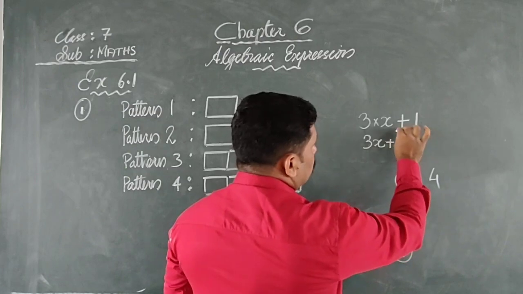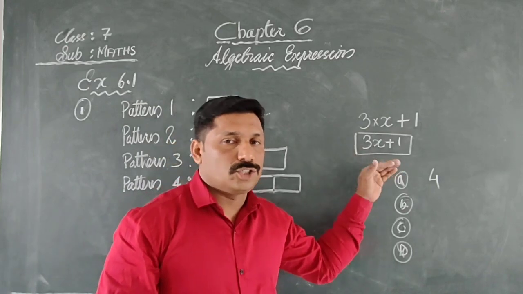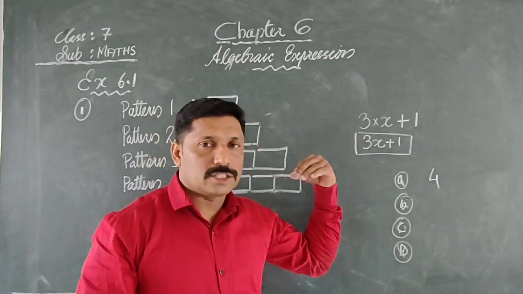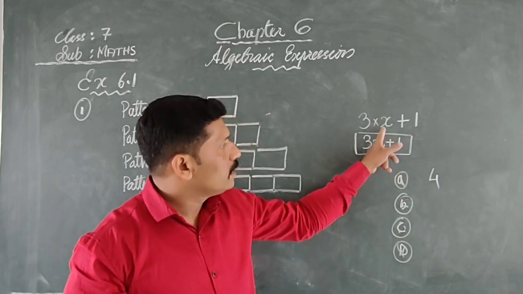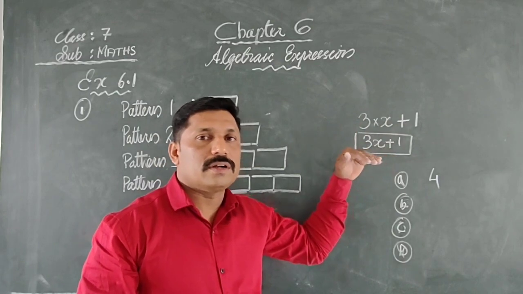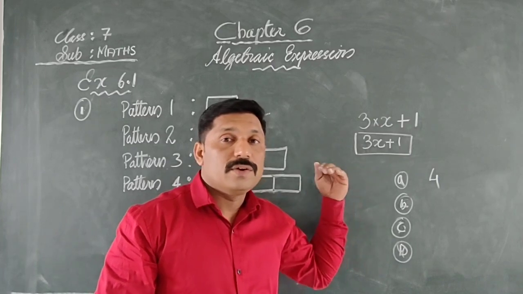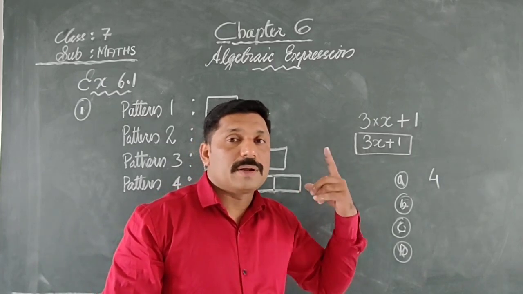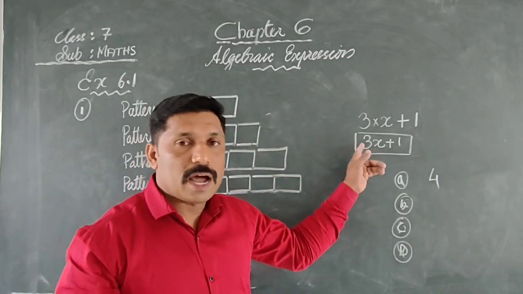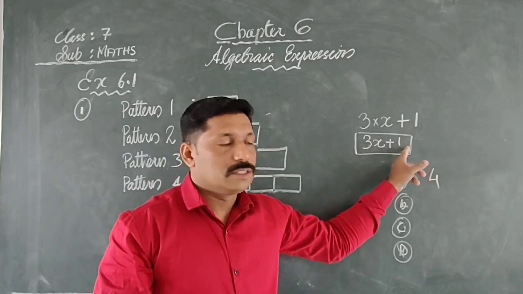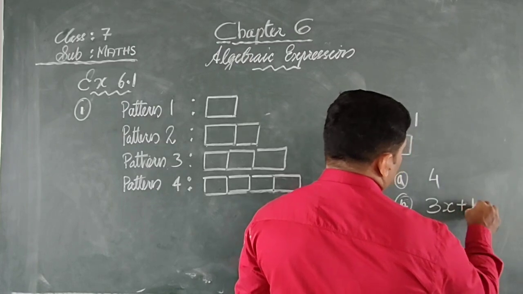3x plus 1. This is the number of sticks that is needed for making X shapes. For one shape 4, and for all the rest of the shapes we need 3. Therefore this 3 is taken as a fixed value, and X is the number of shapes, plus 1. This 1 we add because in the first shape we need one line segment more than every other shape. So the generalization, the formula, is 3x plus 1. So the second answer is: for making X shapes we use 3x plus 1.